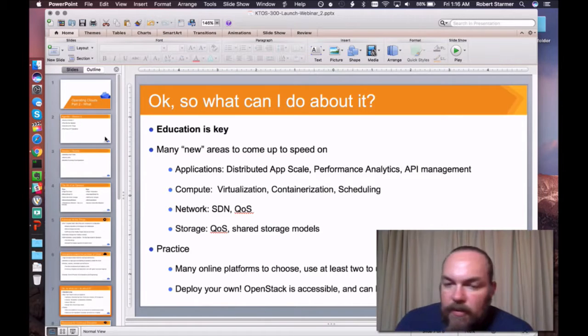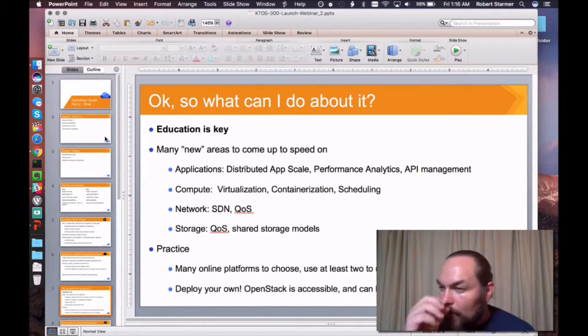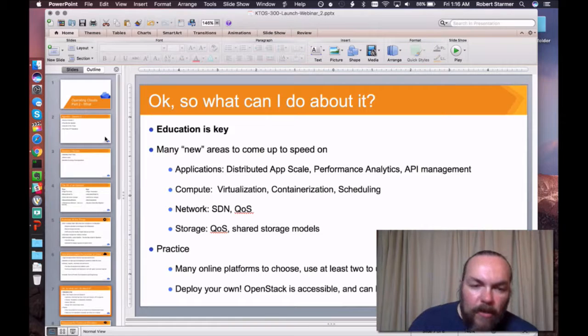From the perspective of compute, we need to understand virtualization, we need to understand containerization, the scheduling of resources into our compute environment, understanding how that impacts our ability to address elasticity and address the scale that people are looking for. We need to understand those resources and capabilities.